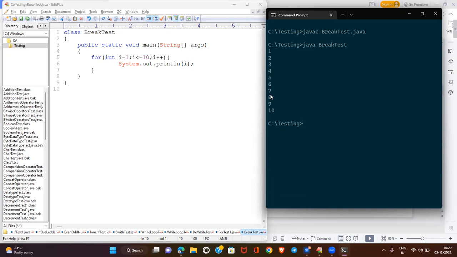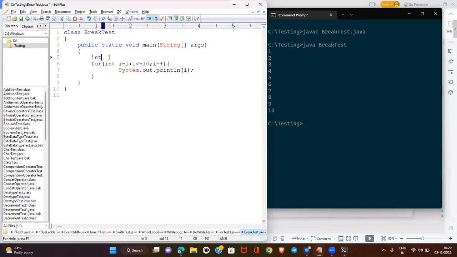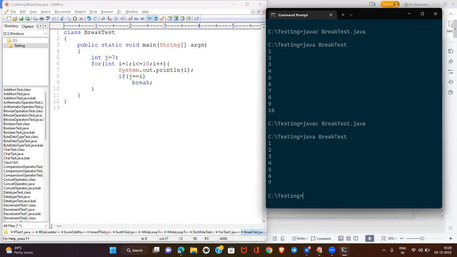But if the input value is 7, I need to break it. What I have to do? We'll take one variable, int j equal to 7. If the value matches 7, then I need to break it. I need to write a condition: if j is equal to i, then I need to break. Let me save it, compile, and run this. Now, if I make 4 here, it will print up to 4 and